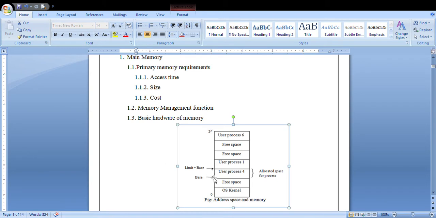The limit is the length of the program from the base address; that is the ending address of that memory location for that process. That is the allocated space for that particular process. Each and every process has its own base register and limit register. Based on those values, the operating system will identify where to store the data in the memory location.